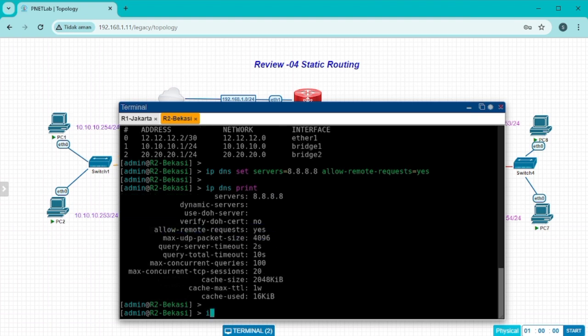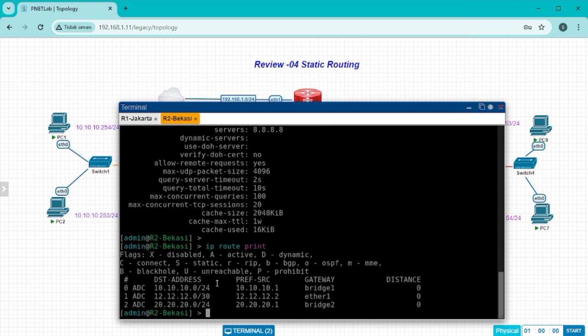Next, type the command IP route print. You can see here that the router IP is still the default.